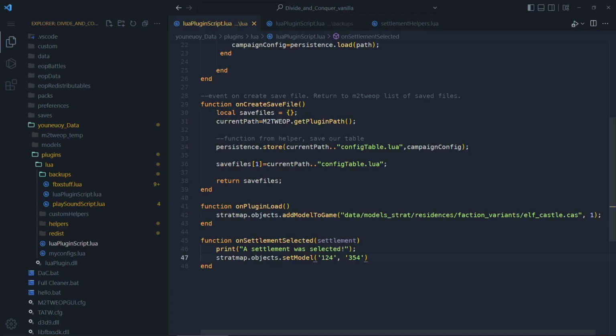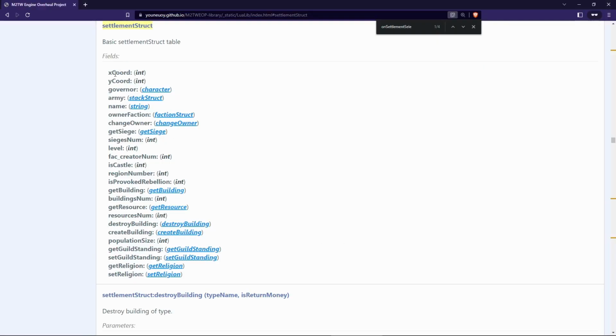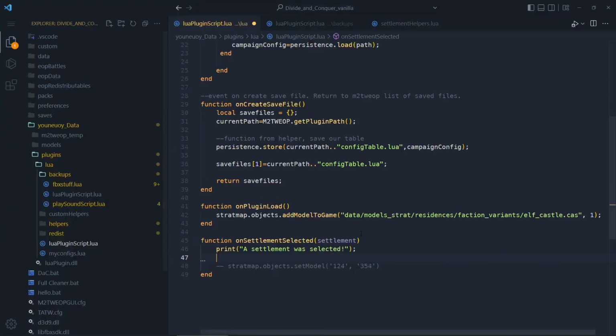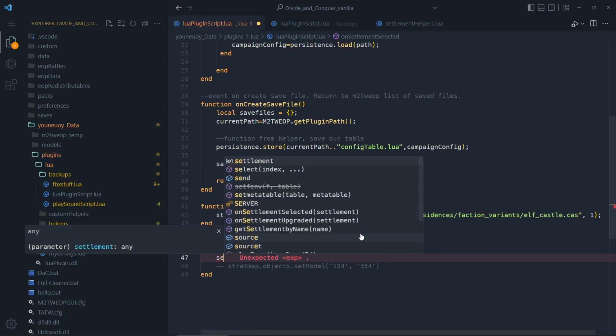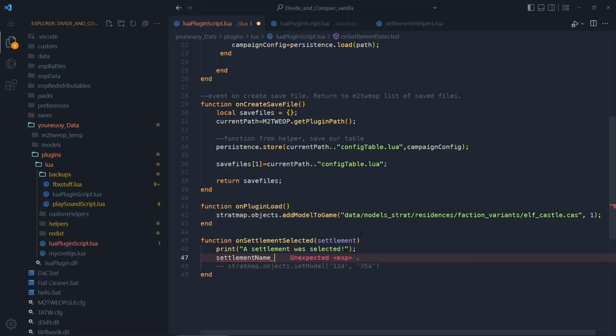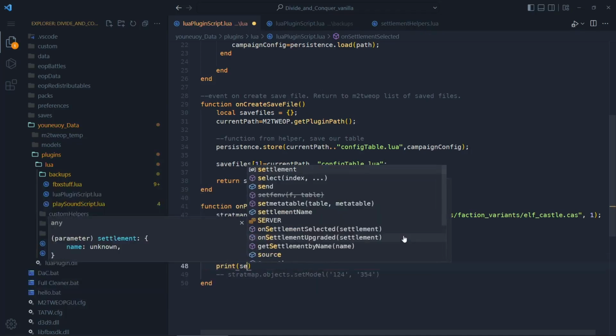But yeah, so let's come back to this in a second. Let's just demonstrate this. We can see now that settlement has a bunch of values, for example, settlement name. So let's see if we can access settlement name. Let's create a new variable called settlement name, and that's going to be the settlement that's highlighted here, dot name. And let's print that out, settlement